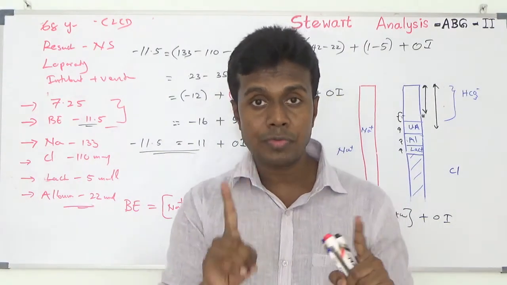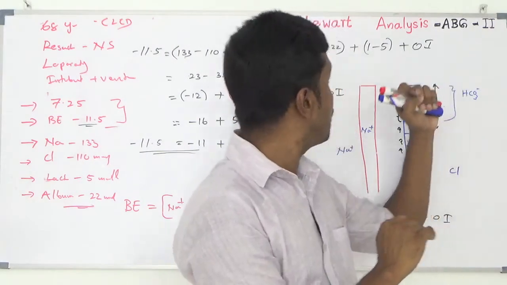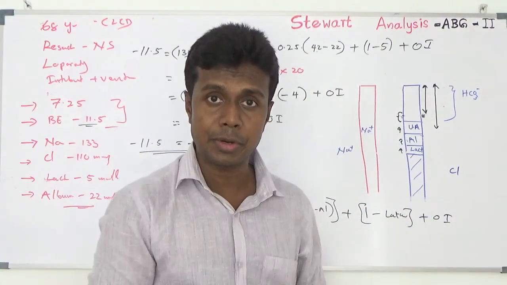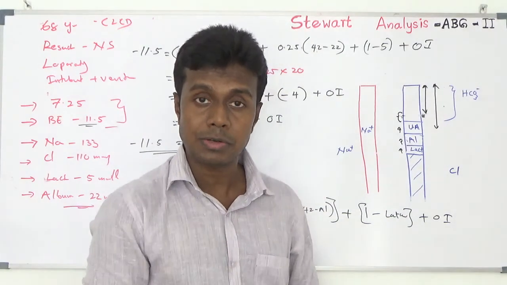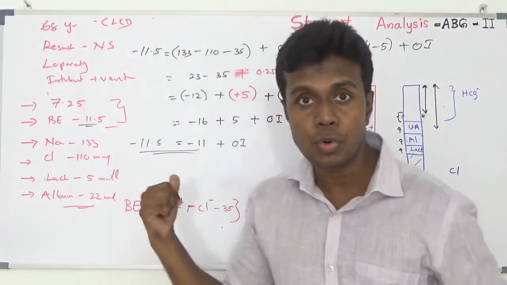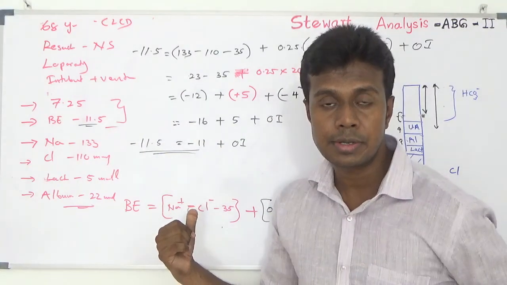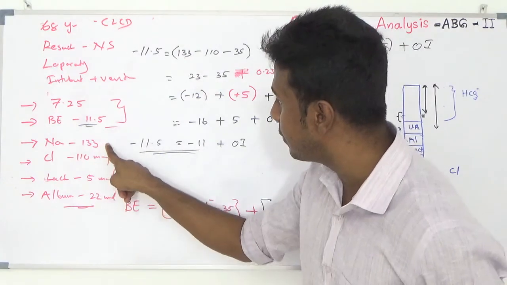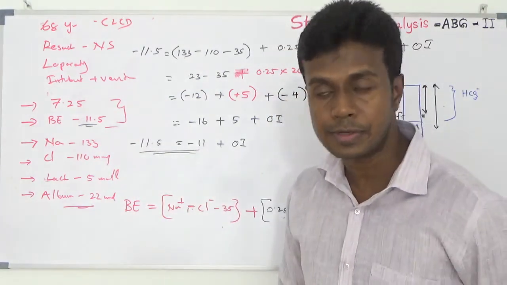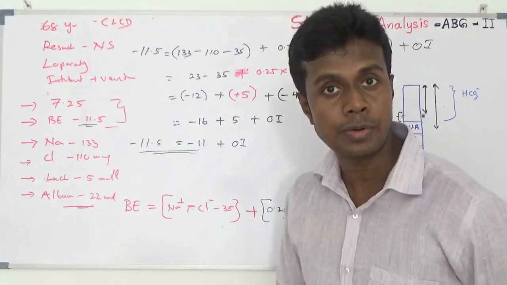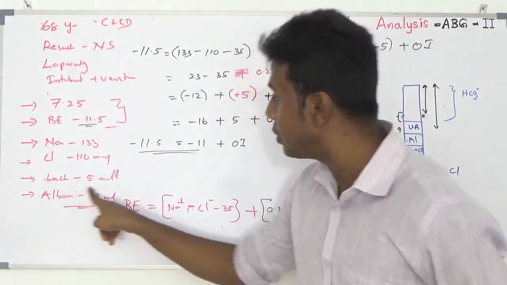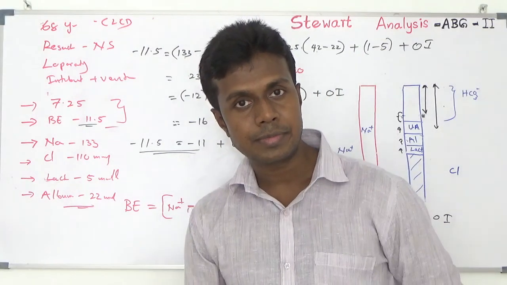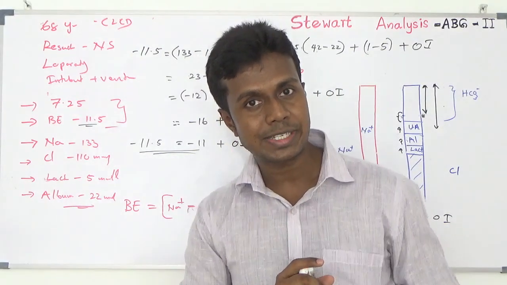So you have to know the Stewart analysis well. Why? If you find a patient with metabolic acidosis or metabolic alkalosis, now you know what to correct first and to what extent. Here you should correct the sodium level, 135 to 145, first. The chloride level you should bring down, and your lactate level you should correct first, and lastly you can correct the albumin level. That is all regarding the Stewart analysis. Thank you very much.